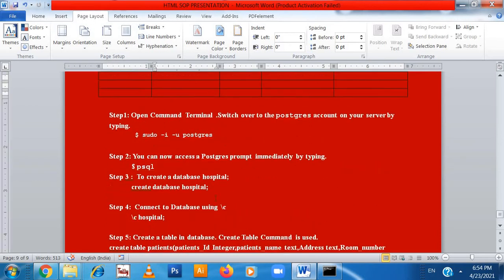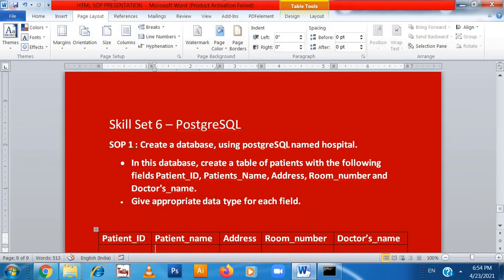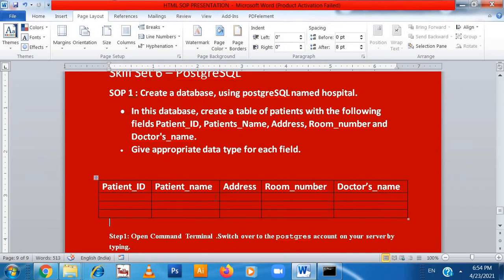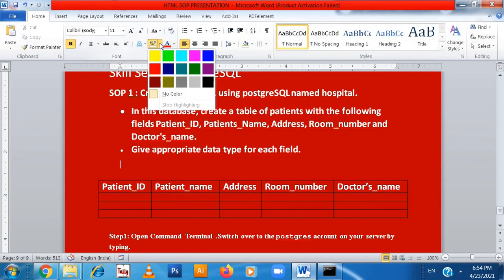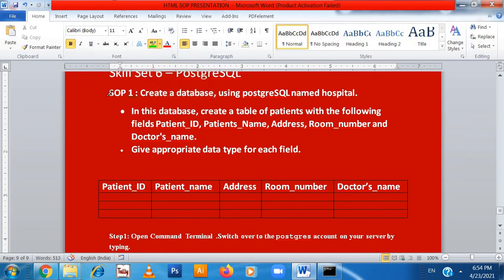We have done, starting from creating a database. After creating a database, we created the table. Then in the table we completed all the fields. So I am just highlighting what we have done in green color.